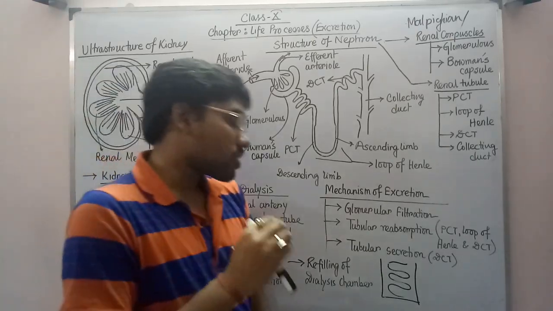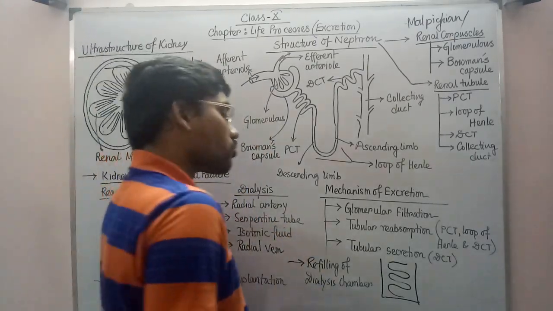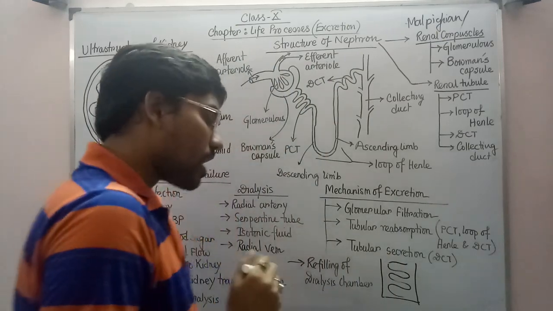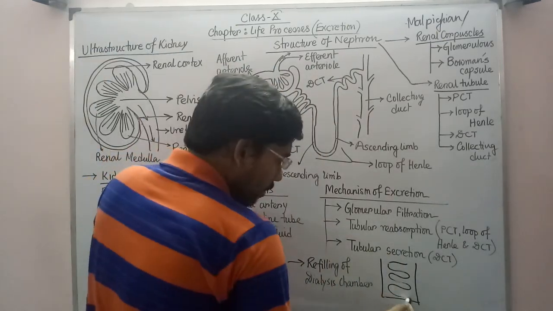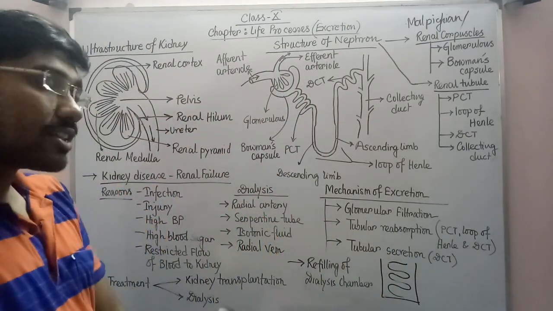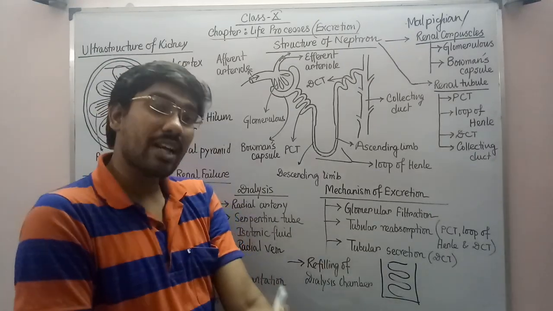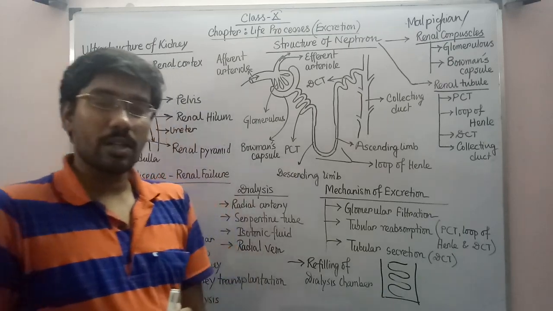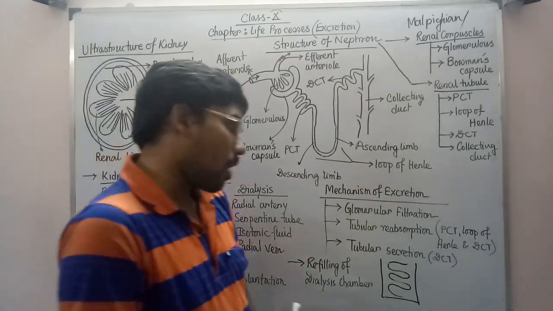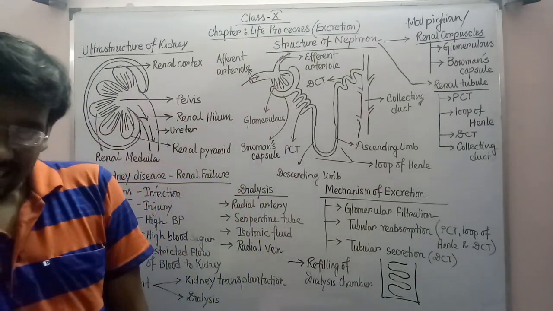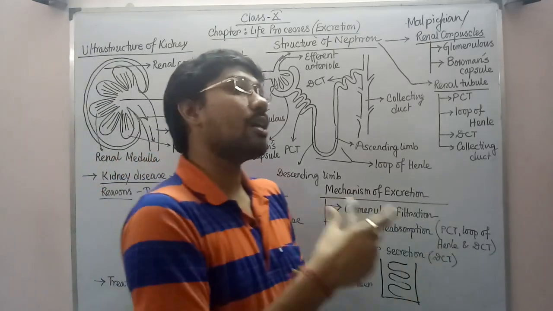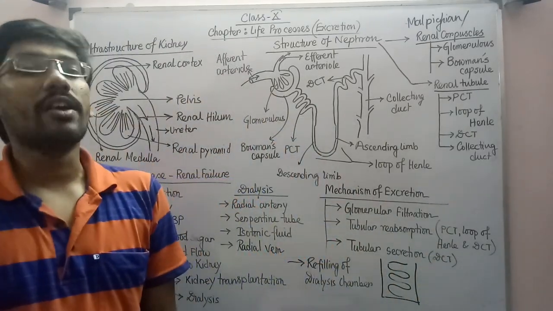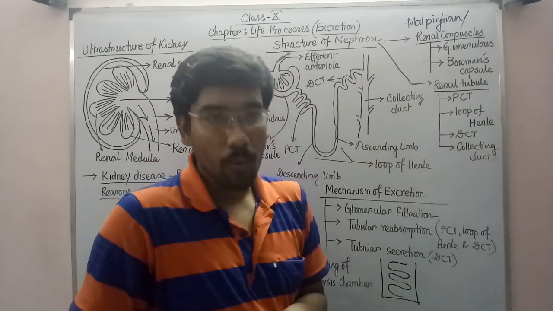So when the excreted material, waste products or nitrogenous waste, will be released into the dialyzing fluid. After that, what has been done? This tube has been connected with another tube. That tube is actually connected with another vein that is known as the radial vein. So the various excretory products and waste material come out from the serpentine tube into the dialyzing fluid, then the pure blood will be returned into the radial vein and then it will be circulated within the body.